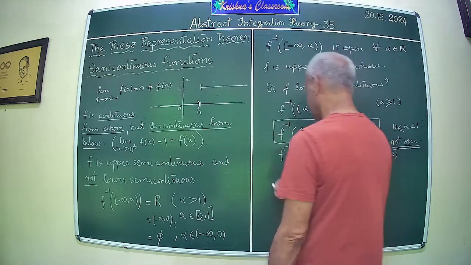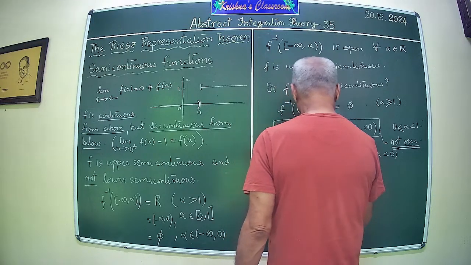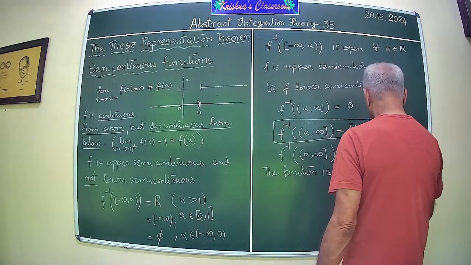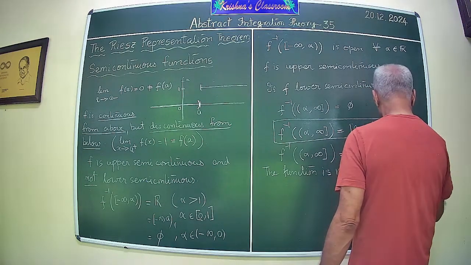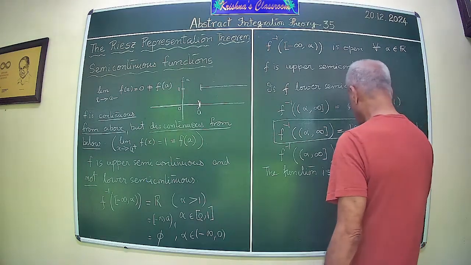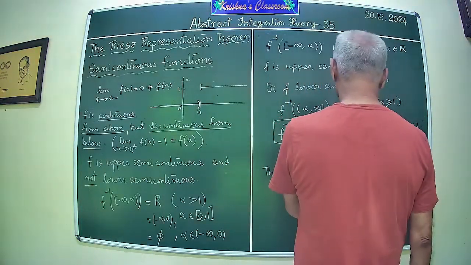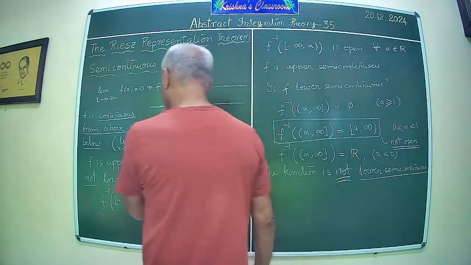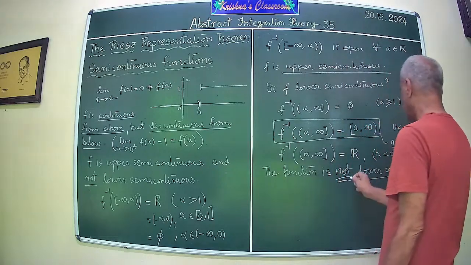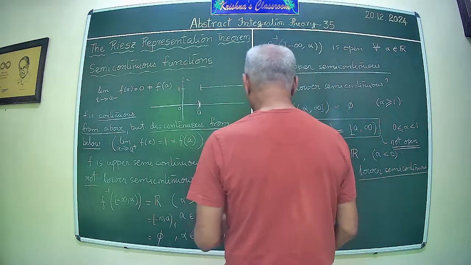Therefore, the function, not, therefore, it's a, sorry, yeah, the function is upper semicontinuous but not lower semicontinuous. Okay. Now suppose you take likewise,